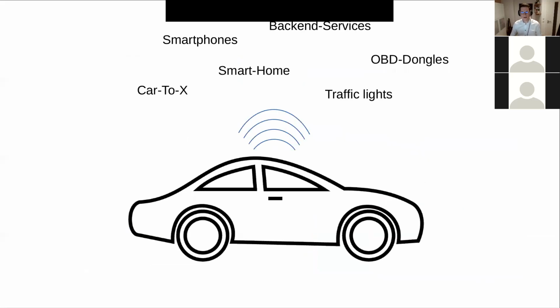But modern vehicles are not only introducing in-vehicle components. Modern vehicles are also highly interconnected with the vehicle ecosystem. A few examples can we see here on the slide. One would be, for example, Car2X. Car2X is communication between the car and X, so something other, like the back end, like other vehicles, for example. And this is pretty interesting too, because there we have a lot of interconnection between the car and